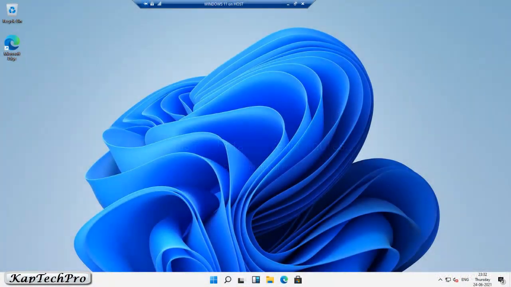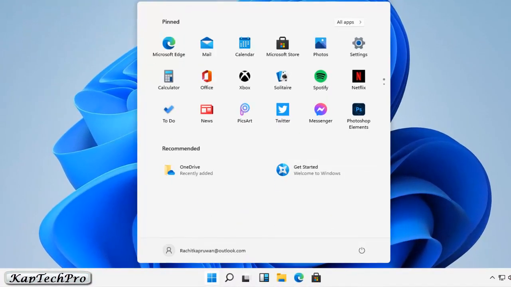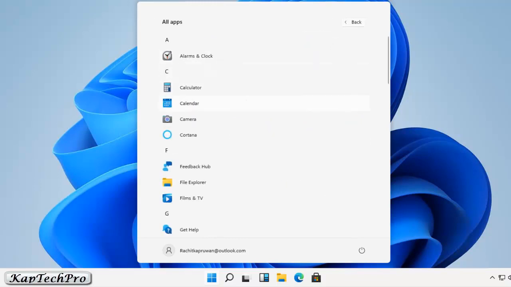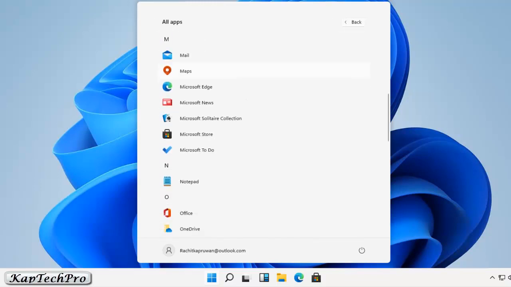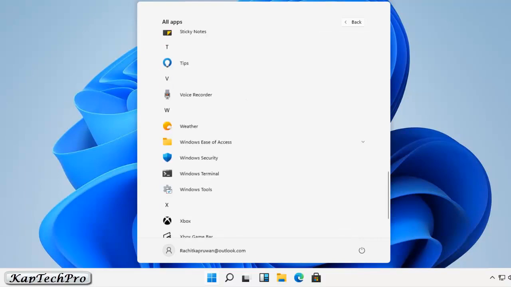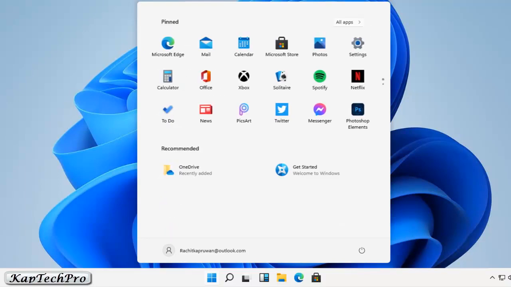Okay friends, this is the first view of Windows 11. It looks quite fresh and is completely different in comparison with Windows 10. This is the start menu. You can click over here and it opens like a tablet, and you can see these are the apps. You can scroll down for more apps. You can click on all apps, and you can see these are lined up alphabetically. Right now we'll go back.